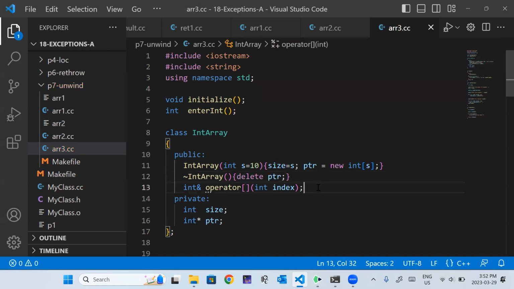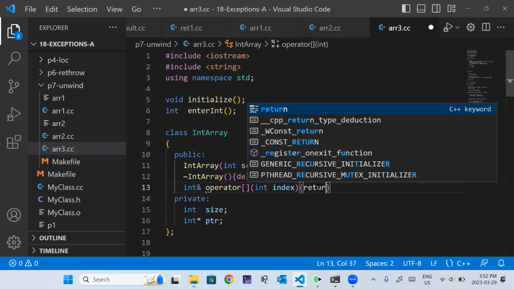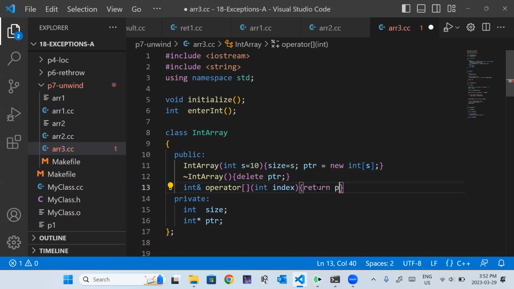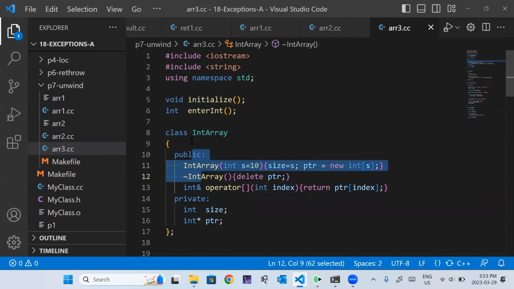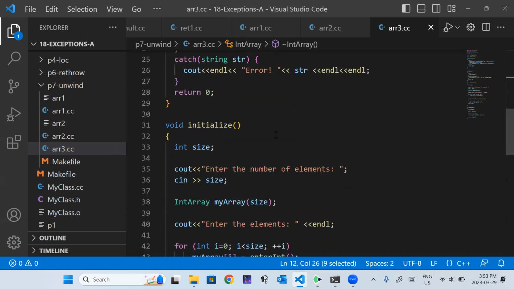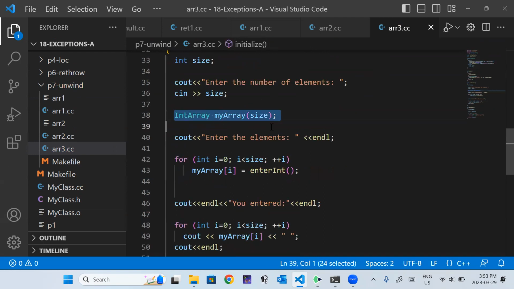And we have a subscript operator, so we can just overload that. We simply return by reference pointer at index. Okay, so now we have this class int array that's going to behave a lot like an int array, basically, except it's going to delete itself if it goes out of scope. Okay, so now in my initialize function, instead of a raw array, I make an int array. A couple things that are nice is that the backing array is on the heap where it should be, but I don't have to do that myself. That's handled in the class.